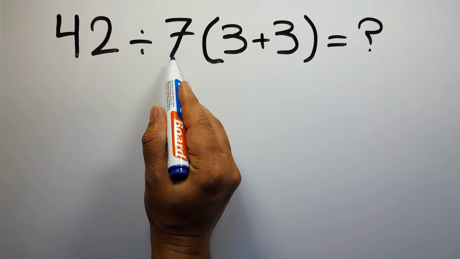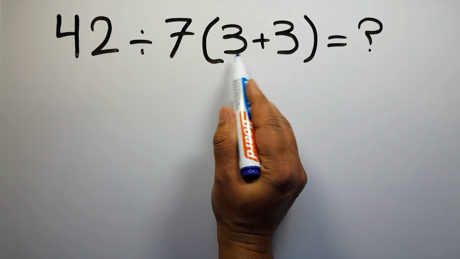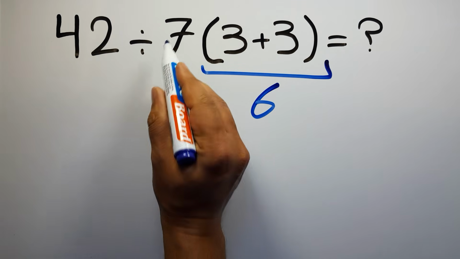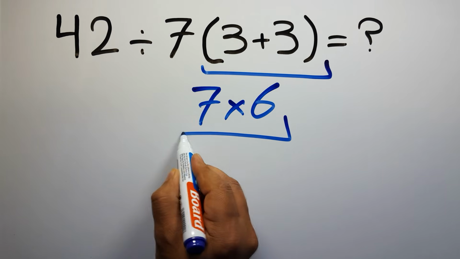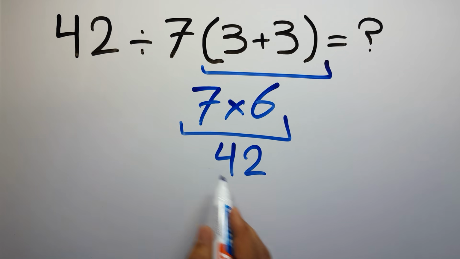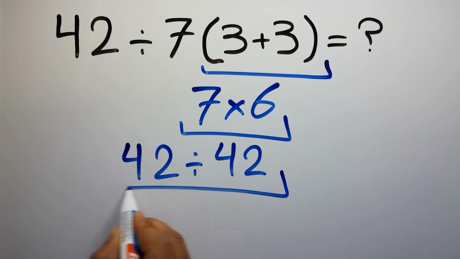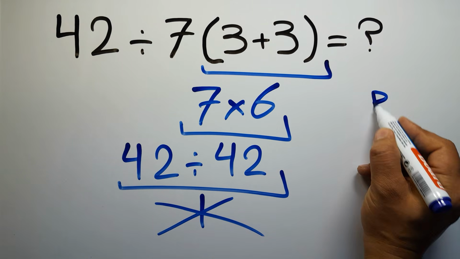42 divided by 7, then times 3 plus 3. 3 plus 3 gives us 6. So 7 times 6 gives us 42. And the 42 divided by 42 is just 1. But this answer is not correct, because according to the order of operations, which is PEMDAS,